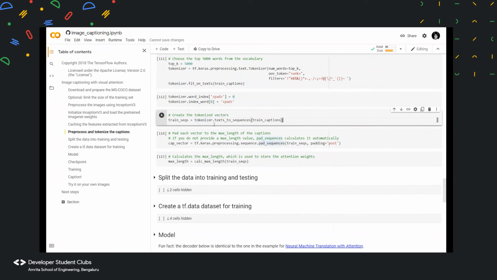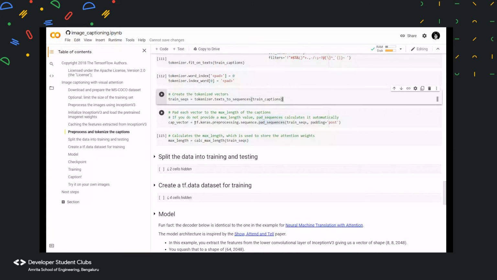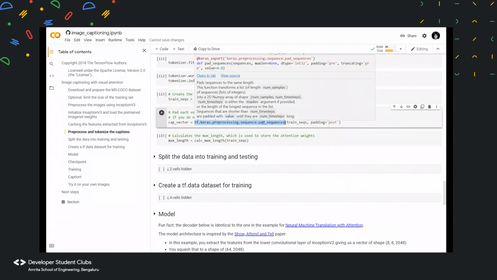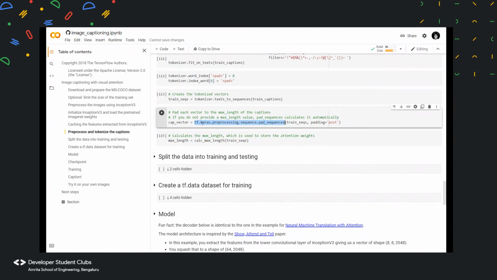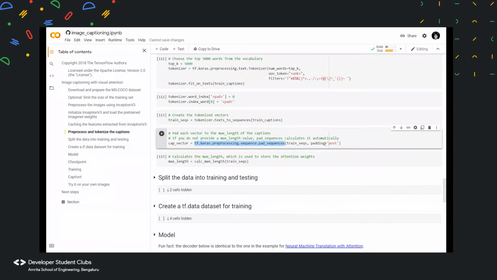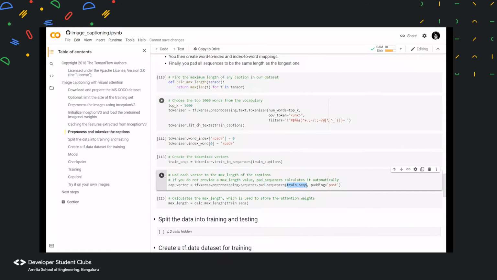In this code we are using pad sequences, which means that all the captions in this new word list of 5,000 should have the same length. So that is why we are using an automated tool to place padding if a caption is shorter than the longest caption.